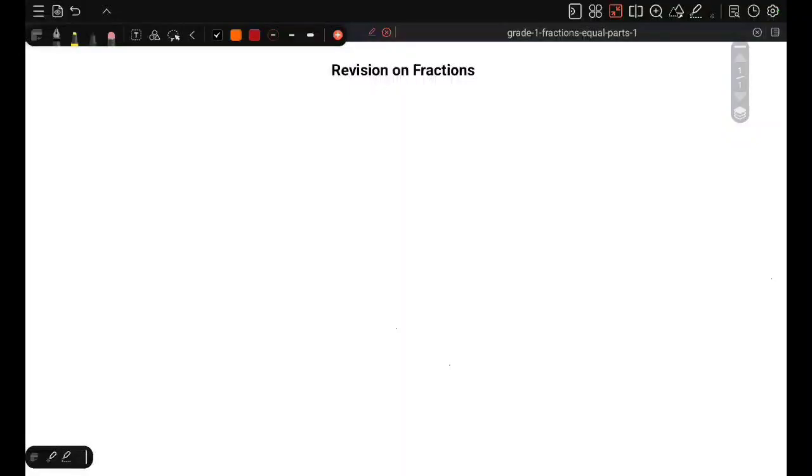Today we are going to review all the concept of fractions from the beginning until the end, from grade 1 to grade 6. Okay, if you have a circle